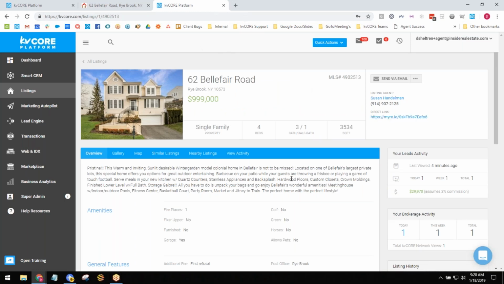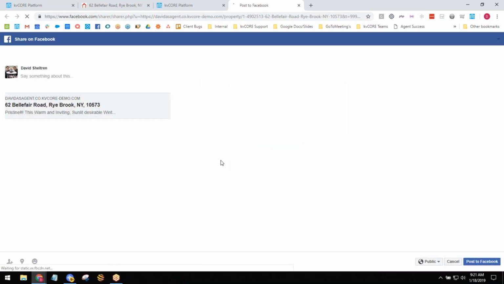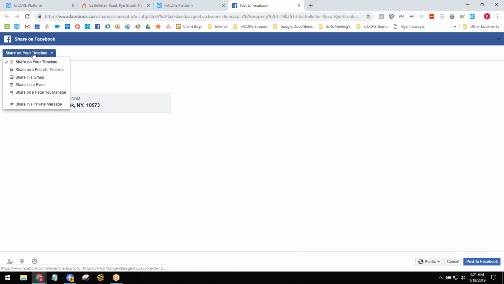And talking about listings, I don't think there's too much more. I know there's a ton of options here on the right-hand side, so feel free to explore these. We also have a ton of resources back here in our help center to help you decipher the best way to publish this, like posting to Facebook, for example. If you have a business page and you do post to Facebook, instead of posting to your own personal timeline, you just go up here and say, share on a page you manage, right?